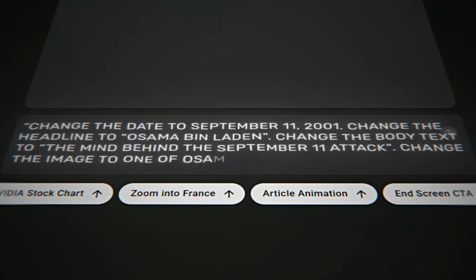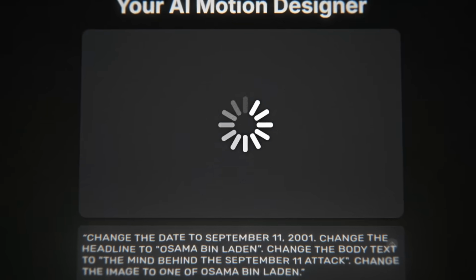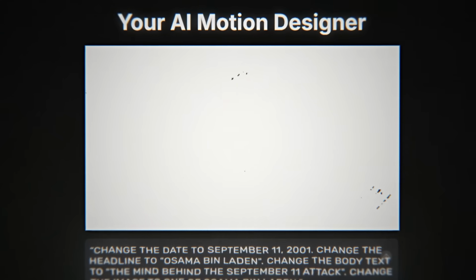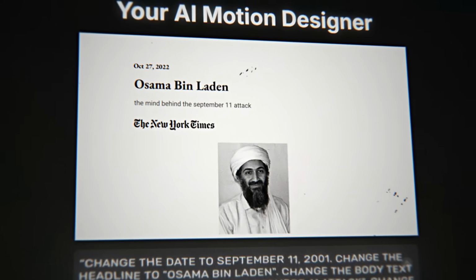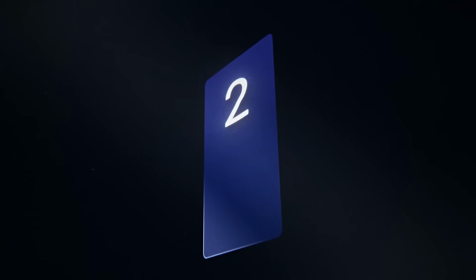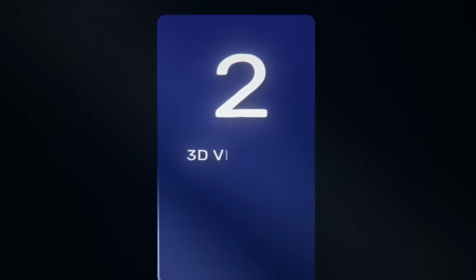Change the image to one of Osama bin Laden. After letting it generate for a while, I ended up with this animation that literally looks like it's been created by a professional motion graphic designer. Now that we have our motion graphics ready, let's move on to the next step of the blueprint, creating 3D